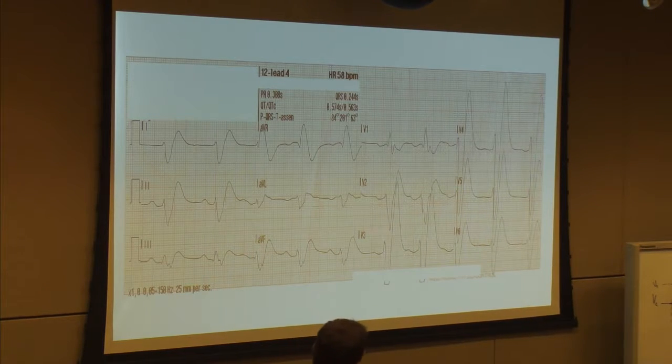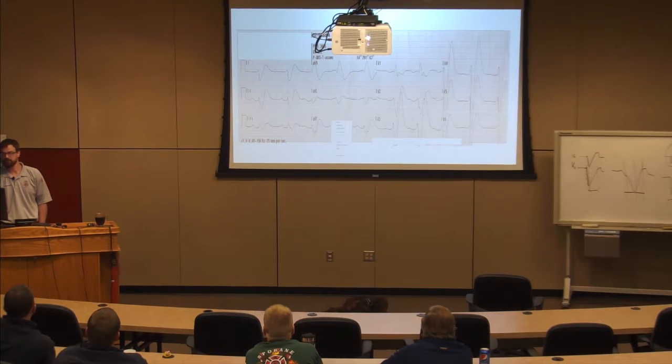So what I have is a bizarre wide complex that doesn't fit left bundle or right bundle. Look at AVR. That's a huge R wave in AVR. That's sodium channel toxicity. Do you know what this one is? A potent sodium channel blocker that's on that list. Digoxin's not a sodium channel blocker. It's in a whole thing by itself. Cocaine.